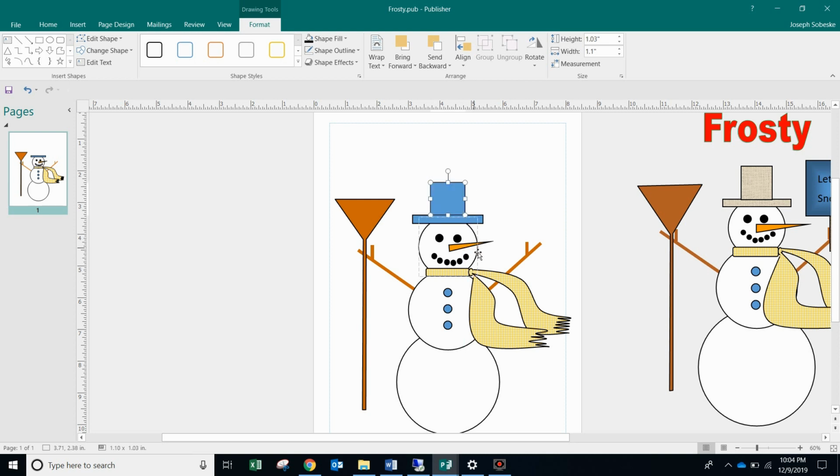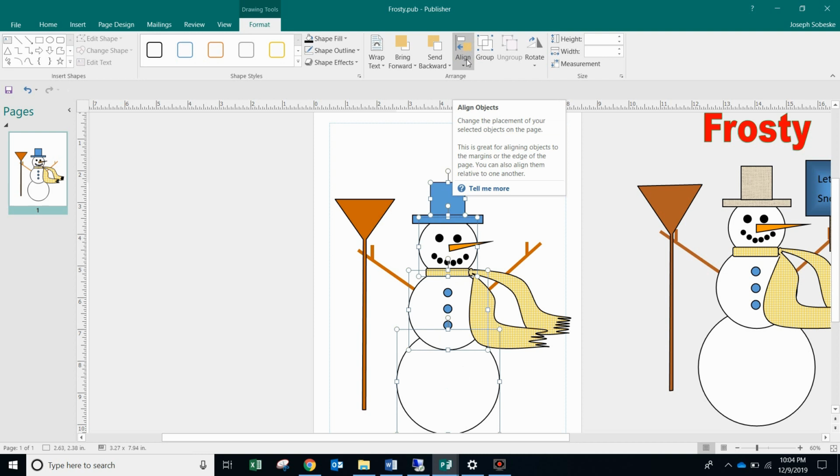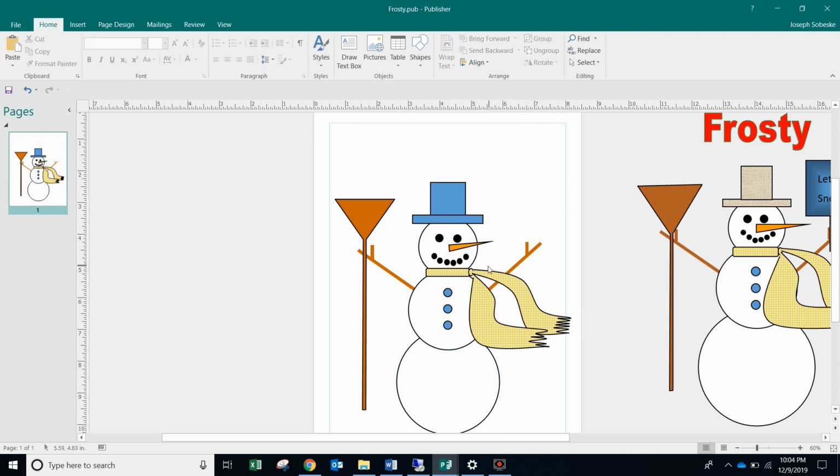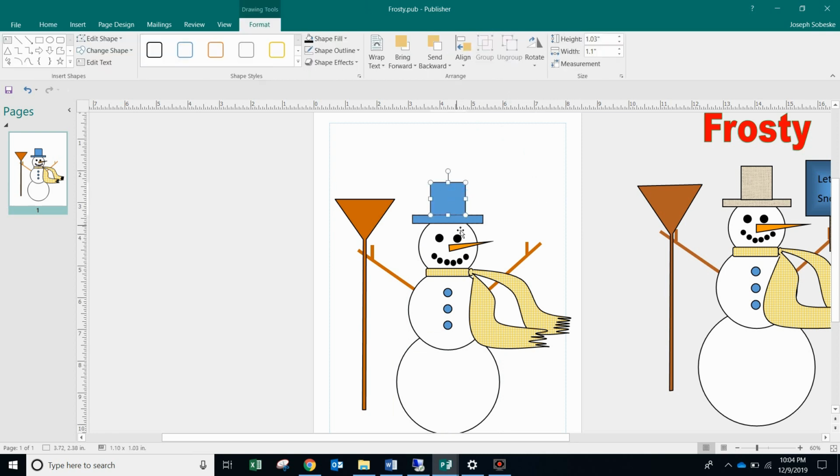Now, some of you guys are probably way ahead of me. And you're going, you know what, Sebesky, if you wanted to, you could hit Shift and go click, click, click, and then go ahead and align all these, not distribute, align them all center so the hat and everything is all perfectly lined up. And sure, it didn't look like it did much. The hat needs to be shift clicked for both sections, and we're going to go ahead and fill him with